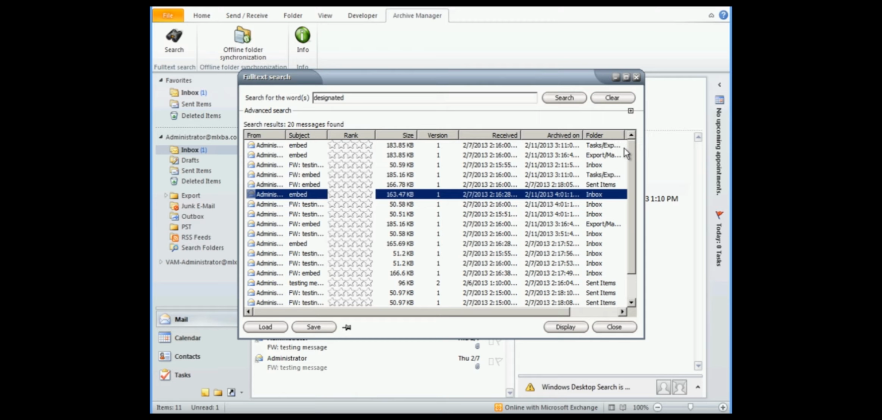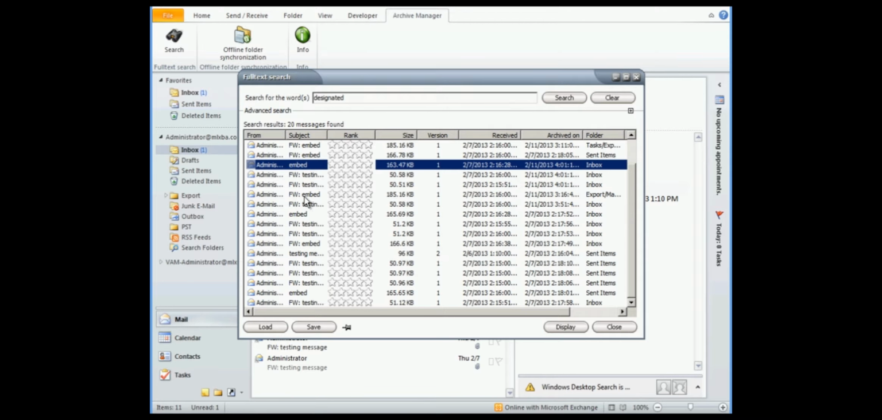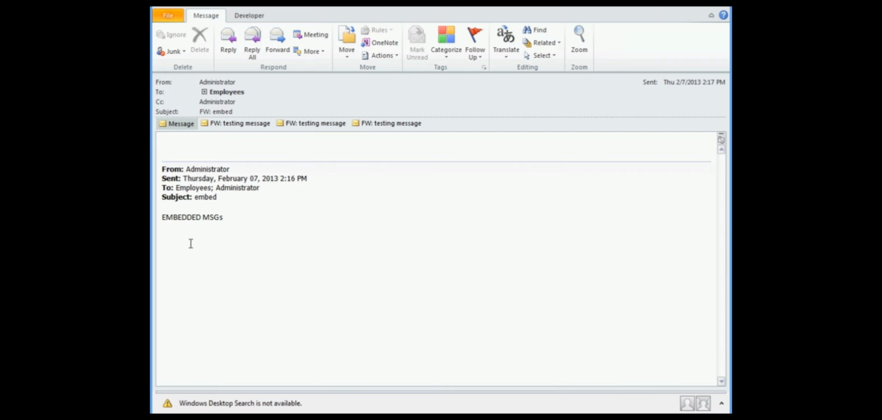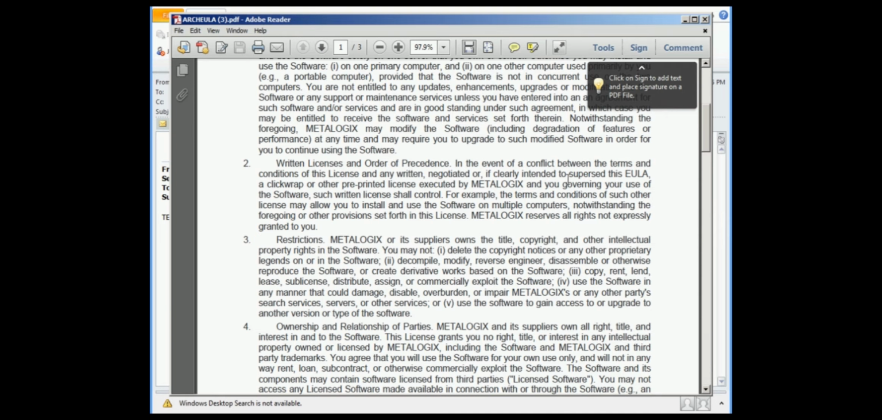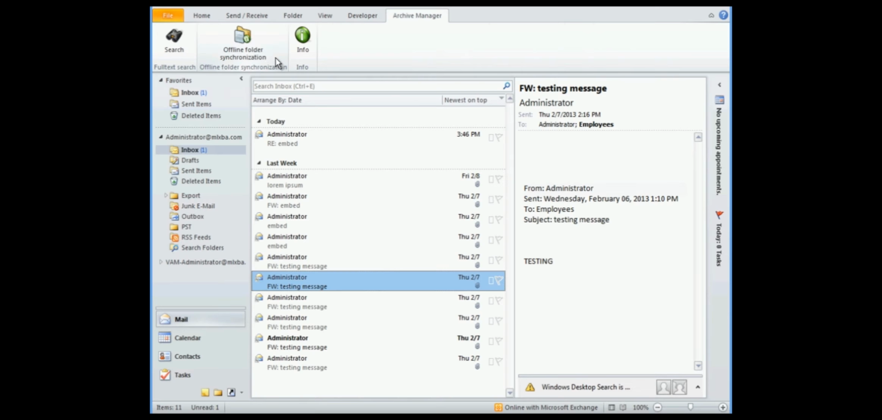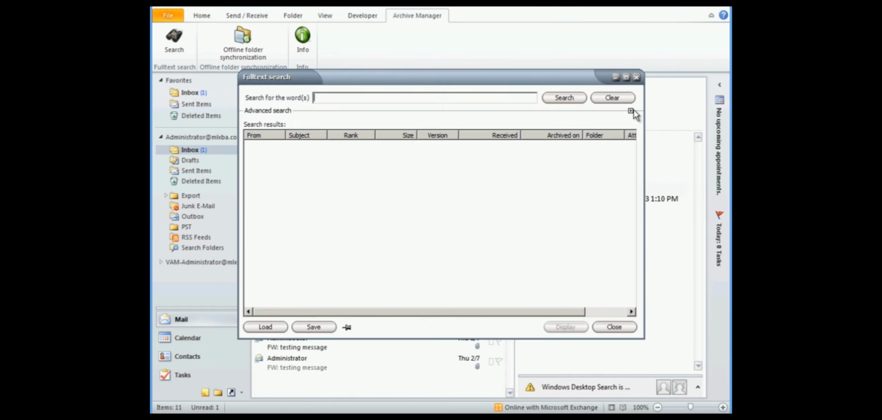There we go, 20 messages found now where designated is found either in the email or in this case in the attachment. If we just dig a little deeper here, inside here, and again we come back to the attachment that we were looking at before where we know for sure the word designated is. Alright, let's just close that down now and take a look at something a little bit different, and that's a